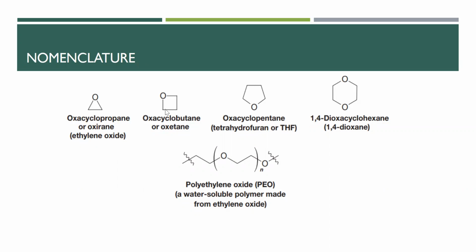So you have the butane, oxacyclo, which means there is an oxygen in the cyclo of butane. So one oxygen in the cyclic ring of your butane. So oxacyclopropane, oxacyclobutane, 1, 2, 3, 4, 5, but there is an oxa in the cyclo, so oxacyclopentane. There is 1, 2, 3, 4, 5, 6 cyclohexane, but oxacyclohexane because there is an oxygen in the ring in the cyclohexane. There is an oxygen, but there are 2, so you have dioxacyclohexane, and you have to indicate where it is located. So have 1, 4